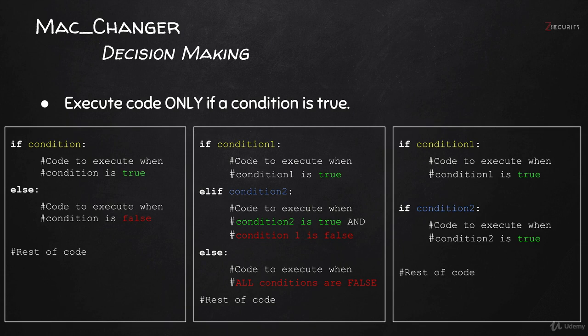Right now, I just wanted to have a quick comparison between three common ways of writing an if statement. So here on the left, we have the most basic example of an if statement. So we do if condition, and like I said, a condition can be a lot of different things, and we'll have a look at them later on. So let's just think of a condition as is. So we're doing if condition, and then we have a block of code here. And this block of code will only be executed if this condition is true. Else, we have another block of code,